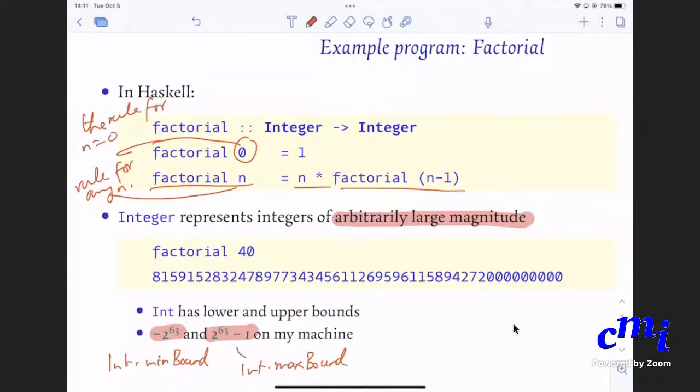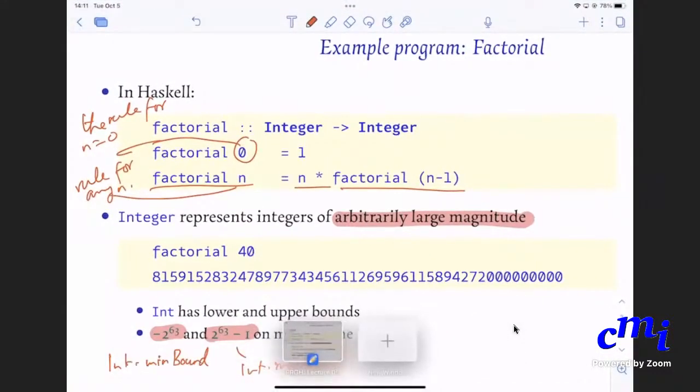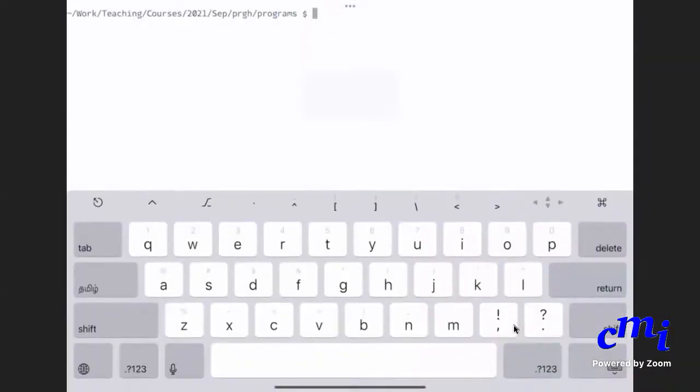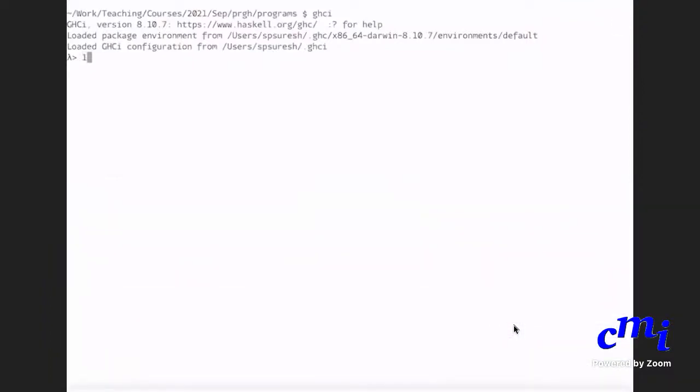I can go to GHCi for a minute and check that. I have GHCi here, and I ask it for minBound of Int. I hope you're able to see the screen.